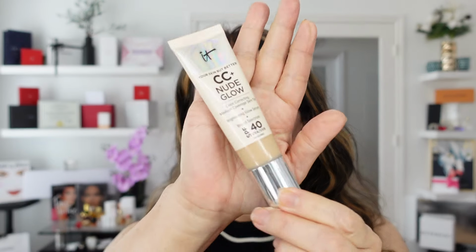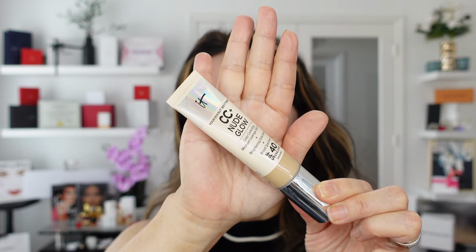So I'm going to wait for the product to set for a little bit and I'm coming back to you. As we apply the foundation, I'm going to use the CC Nude Glow from IT Cosmetics. For the concealer, try to go one or two shades lighter than your skin. So now, grabbing the 101